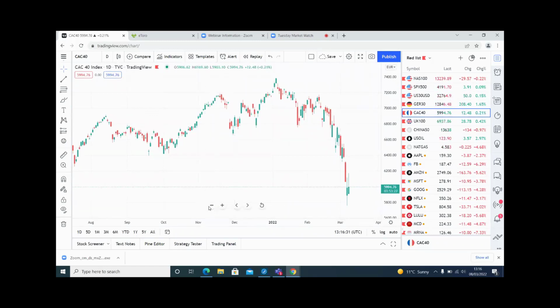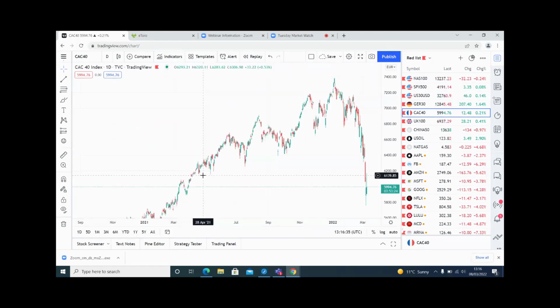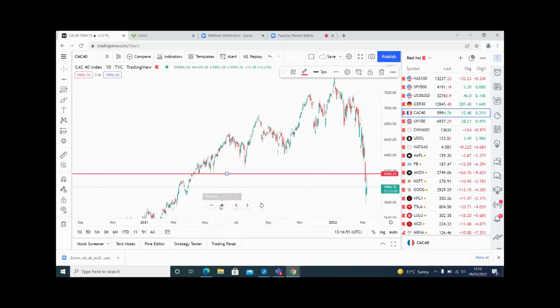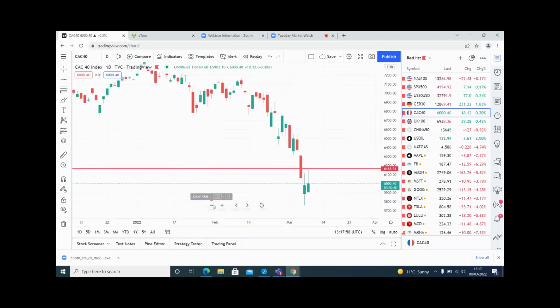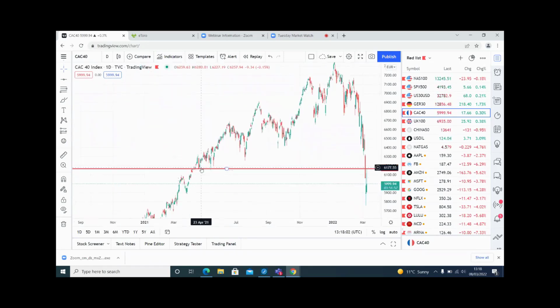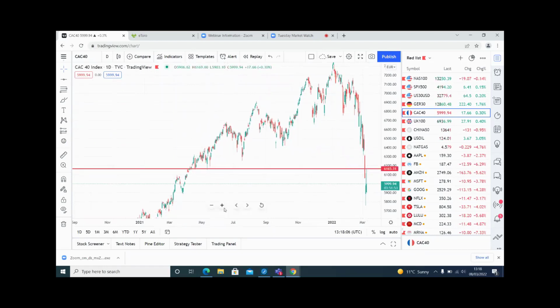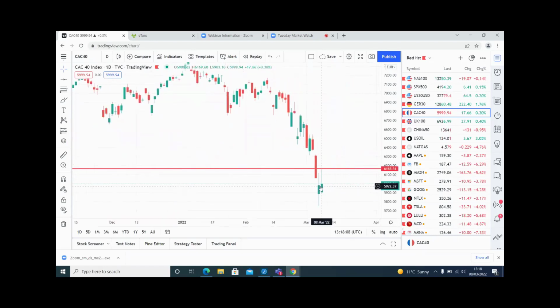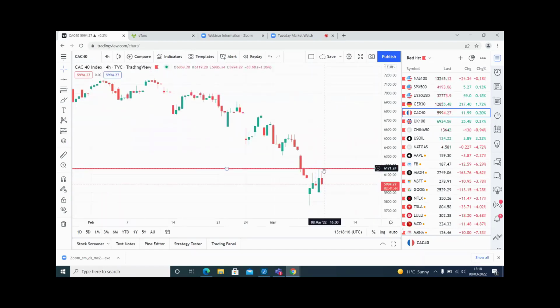French CAC. So if we look at this, it's pop back up. So if we go back and have a look at the daily, so if I zoom out, so we found that level 1, 2, and look, we've already had that rejection on it. So see that wick there, popped back up, dropped down to the smaller time frame, and look, it's already popped up and hit that level.